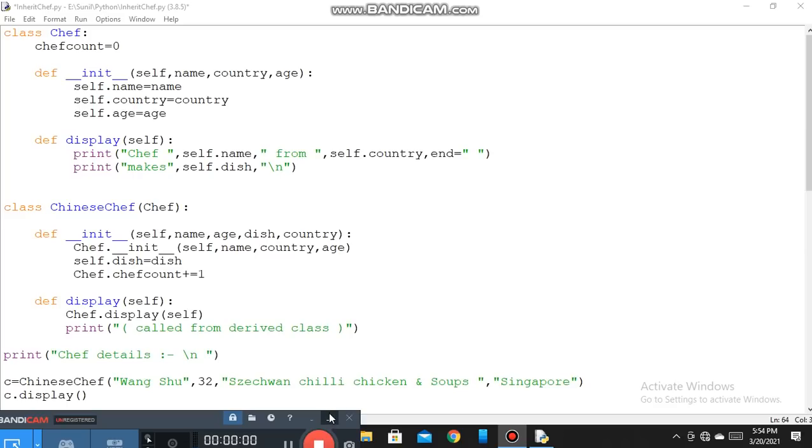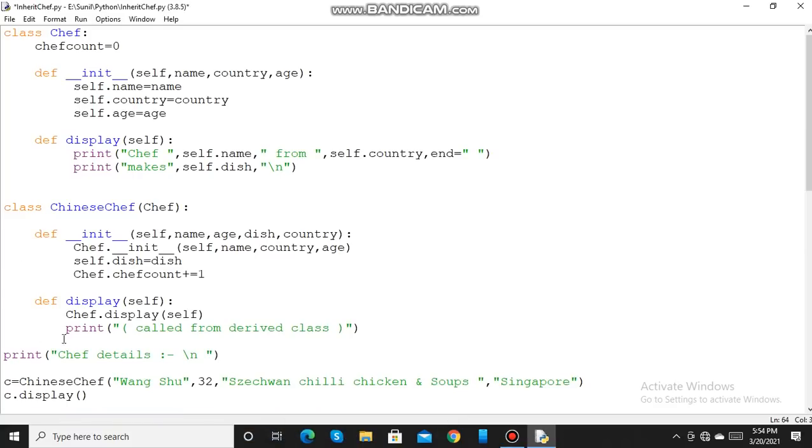This time the display method of the derived class was called instead of the display method of the parent class. Although this object C has access to display methods of both the classes, that is parent class and the derived class, the method from this object's own class will have precedence.